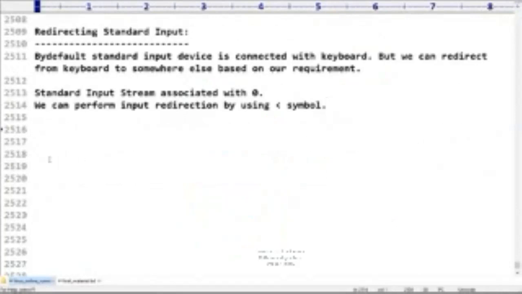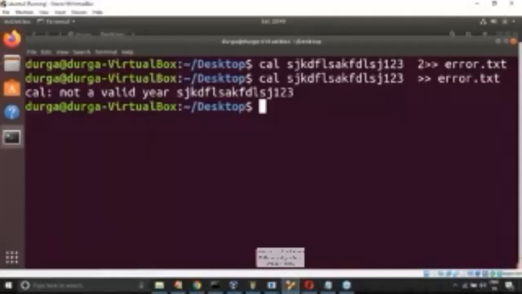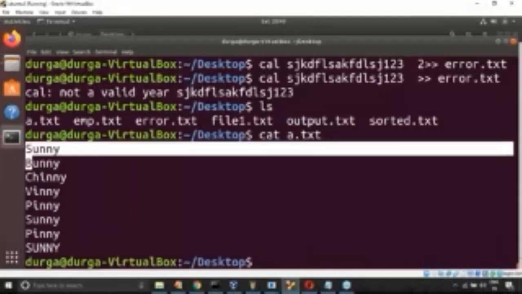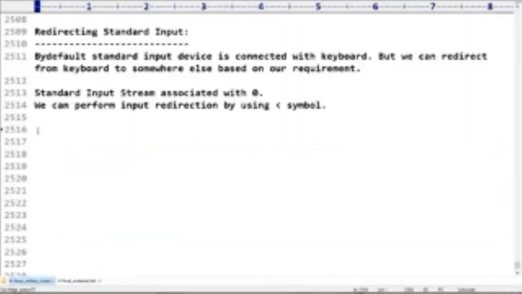Now I'm taking a beautiful point. Please observe carefully, right? I have one file. Assume that a.txt is there. Inside a.txt, which content is there? I don't know. Just observe that. Some data is there inside a.txt. Now I'm taking the cat command. Take very special care, sir.